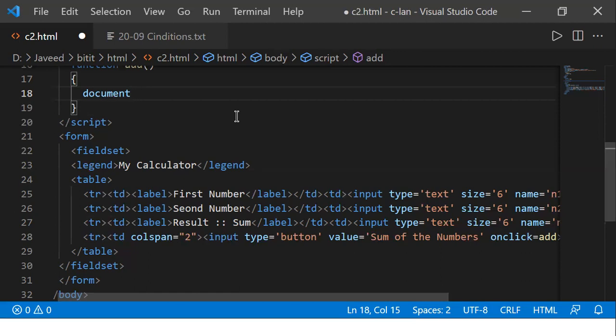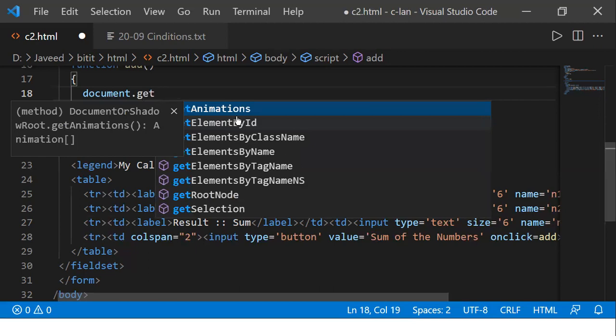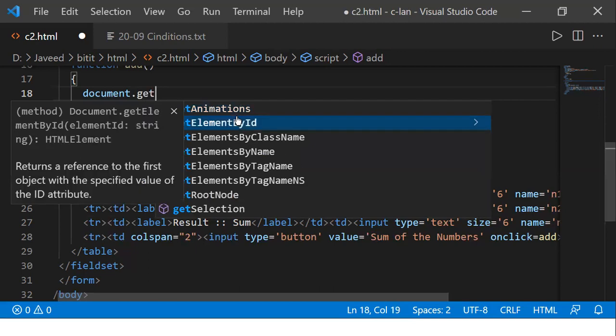Now there I'm having elements: the text element, the name element, the button element. These different types of elements are controls on my screen. Now I want to access those elements, so I can make use of the document object. In this, we have a function available called get element by ID.